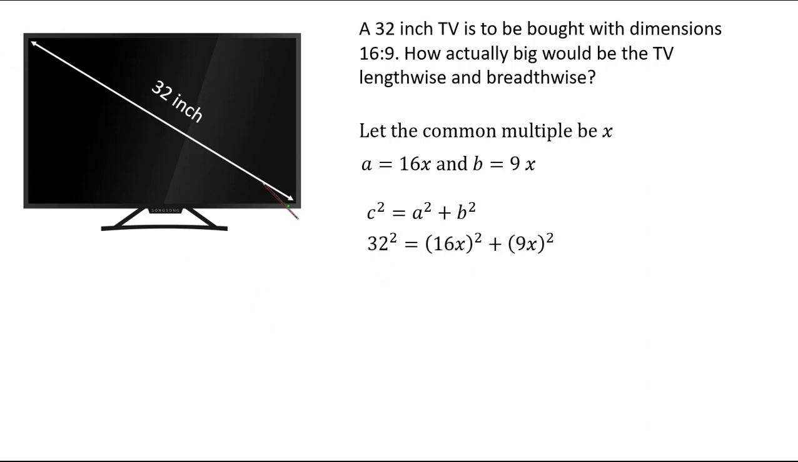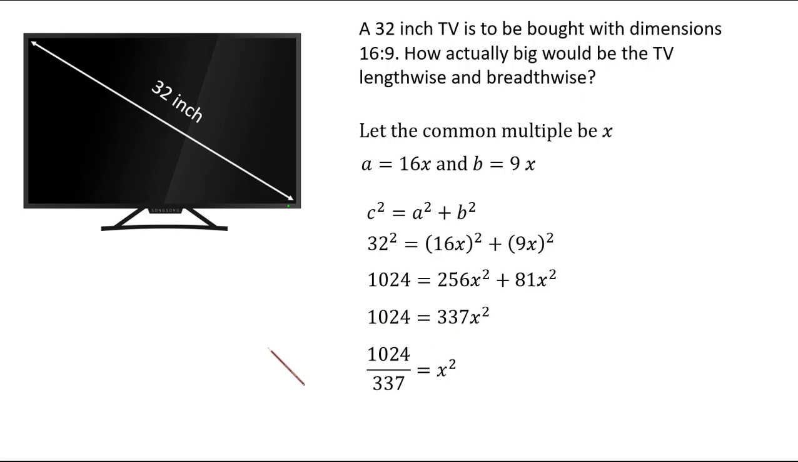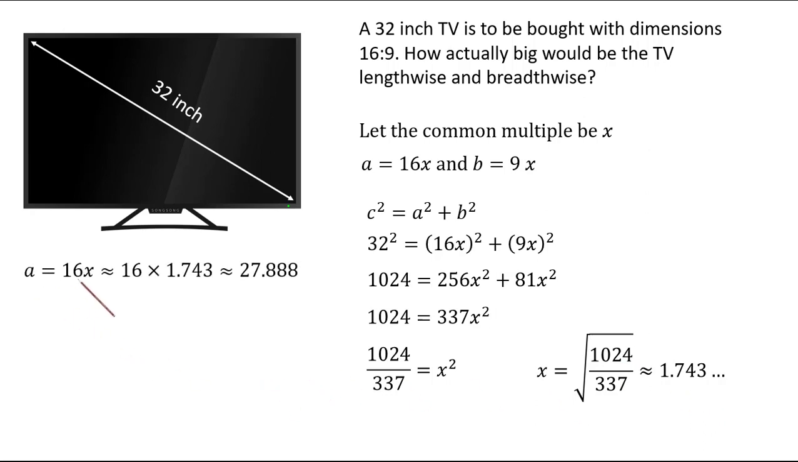But this time we know the hypotenuse is 32. So 32 squared is (16x) squared plus (9x) squared, which means 1024 is 256x squared plus 81x squared. So 1024 is 337x squared. Therefore, x squared is 1024 upon 337, which means that x is equal to the square root of 1024 upon 337, which is about 1.743. So we substitute, we get a is equal to 16x, which is approximately equal to 16 multiplied by